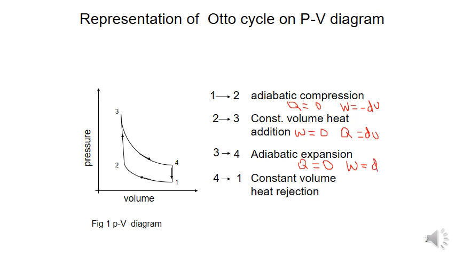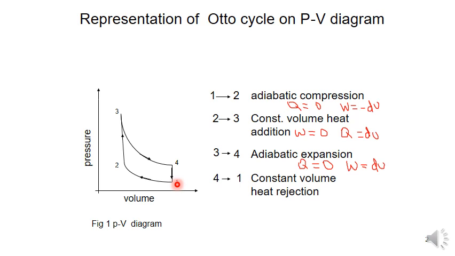Here the volume V4 is equal to V1 and the heat rejection takes place at 4 to 1. Heat is rejected from the air to the cold body. Here we are giving heat supplied, and at 4 to 1 heat is rejected. So the pressure and the temperature reduce and it again reaches the point 1, that is P1 and T1, and then the cycle is completed. It starts from 1 and reaches 1 again, and thus the cycle is completed.